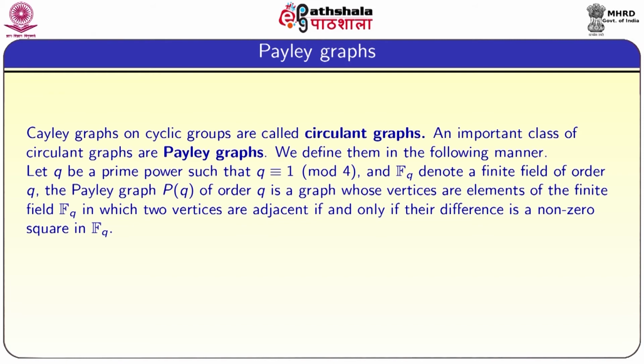Here try to understand that we are taking Q congruent to 1 mod 4. If you do not take Q congruent to 1 mod 4, then instead of a Paley graph we are going to get a digraph. Why is Q congruent to 1 mod 4 required? It is because in number theory we saw that minus 1 is a quadratic residue if and only if the prime is of the form 4k plus 1. Further, because of that, if A is a quadratic residue, then minus A is also a quadratic residue. So that is the reason we are going to get a graph.